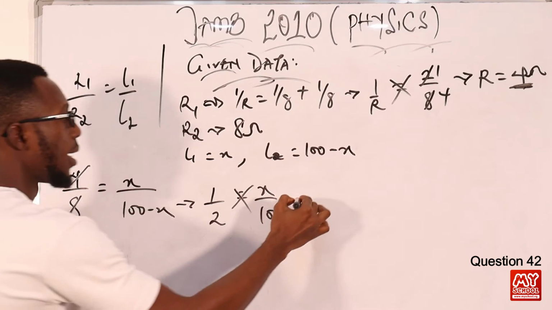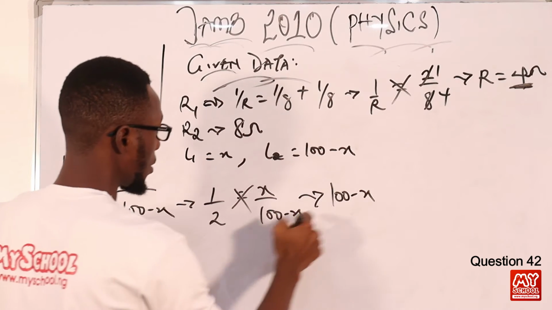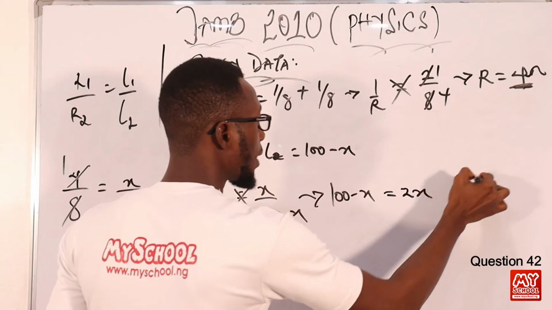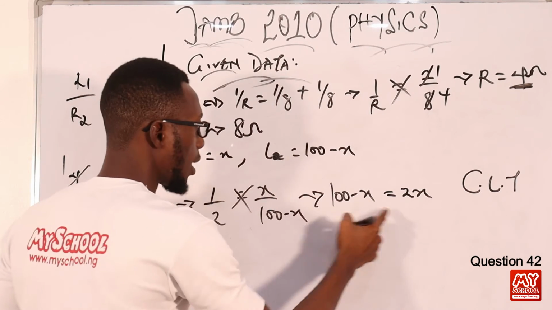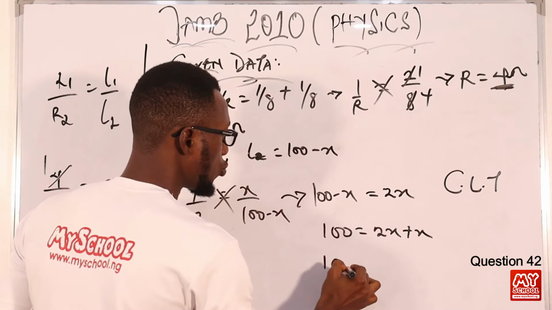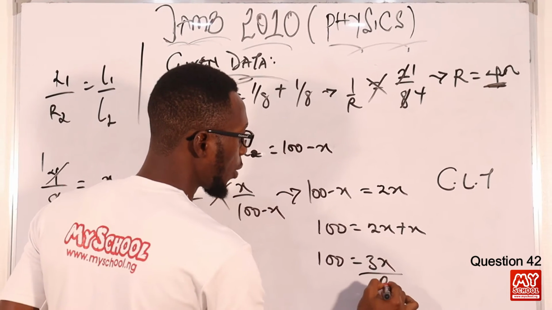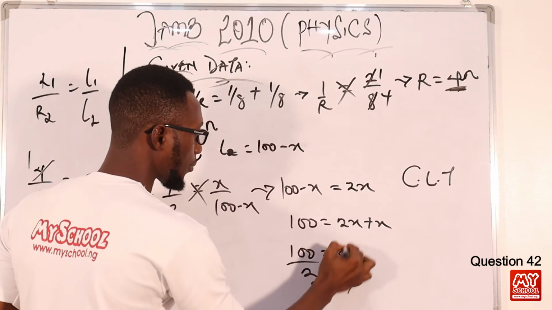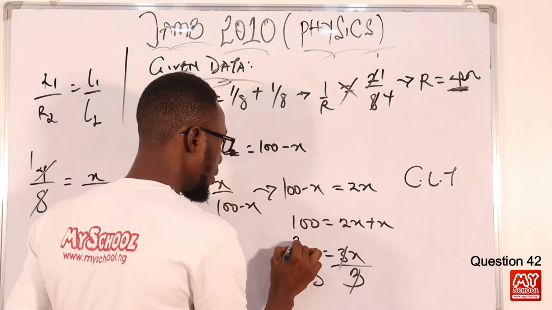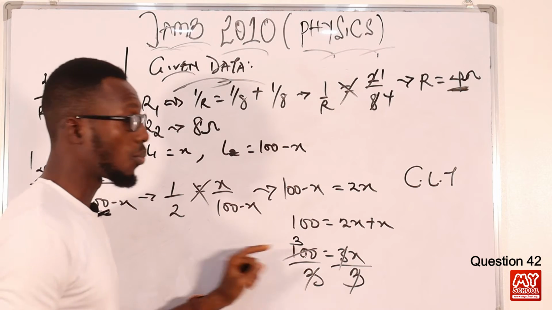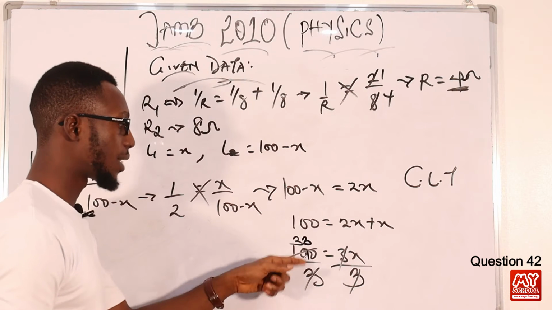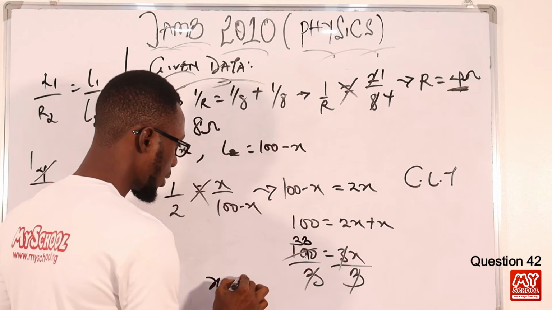When we cross multiply, I should have 100 minus X times 1 equals 2X. If I collect like terms, I should have 100 equals 2X plus X. Then 100 equals 3X. Dividing both sides by the coefficient of X, which is 3, 3 goes into 10 three times, remainder 1. So that is 1 over 3. So I have X equals